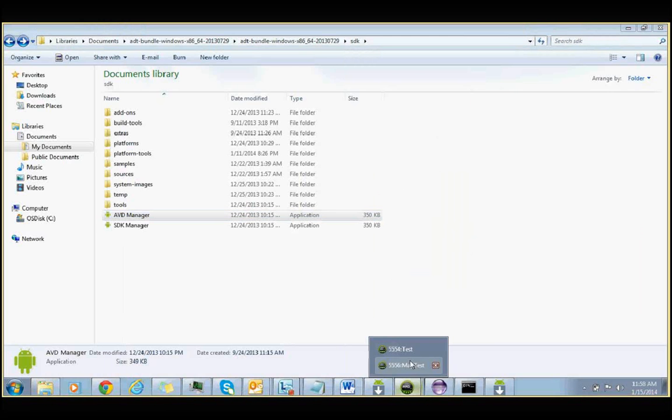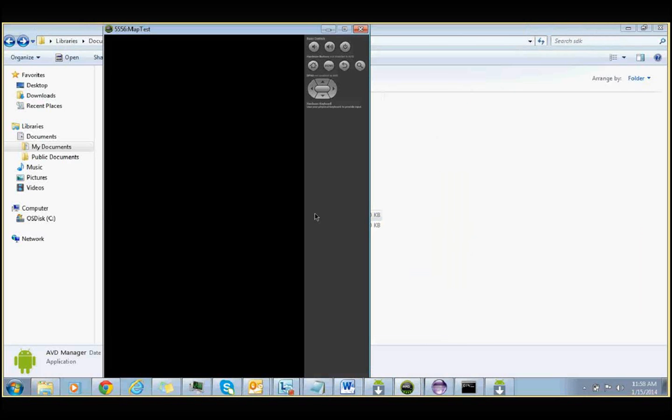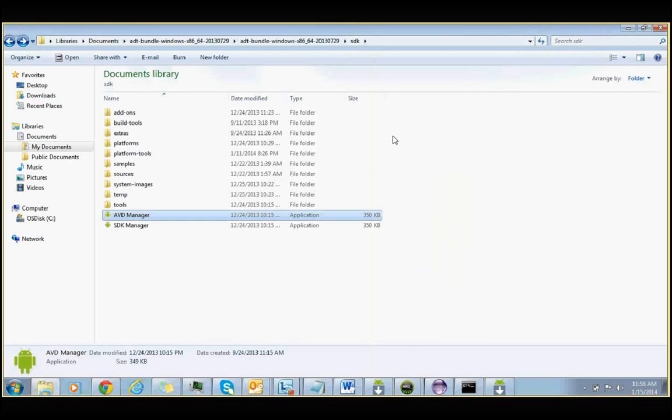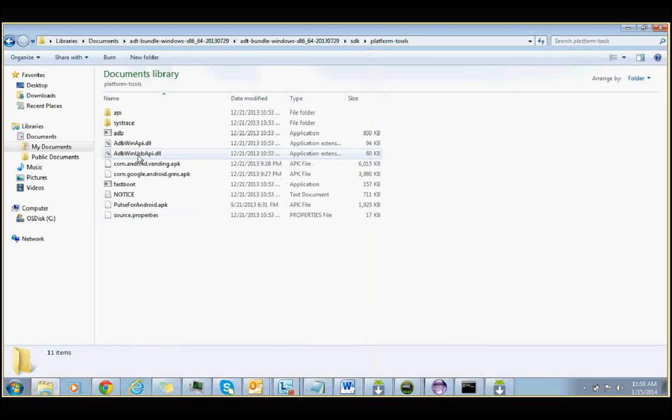You see that I have two instances of emulator running here. I want to show the second one. So for this, I want to install the APK file. Inside the platform tools folder, I have this APK file. So what I'll do is,